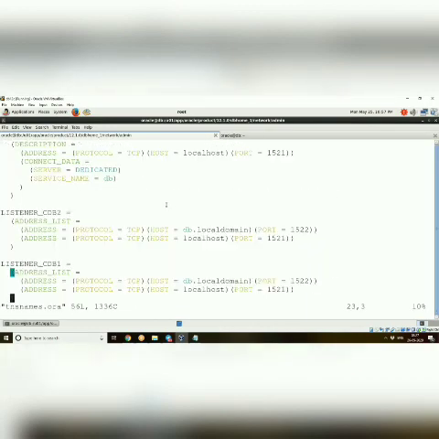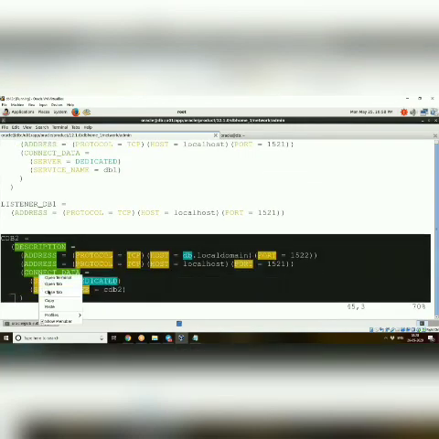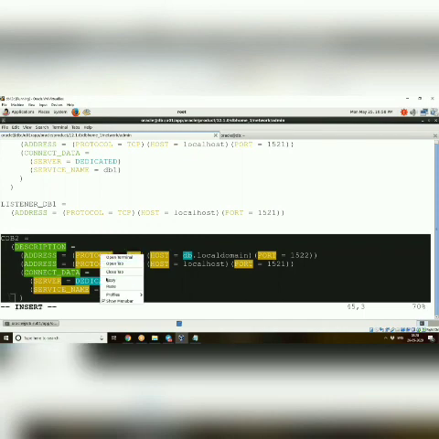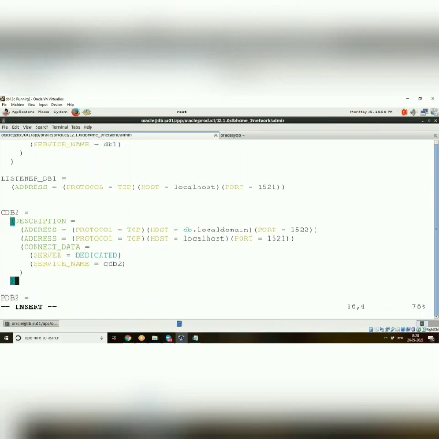So we'll put an entry, we'll just copy this. Oh, PDB2.